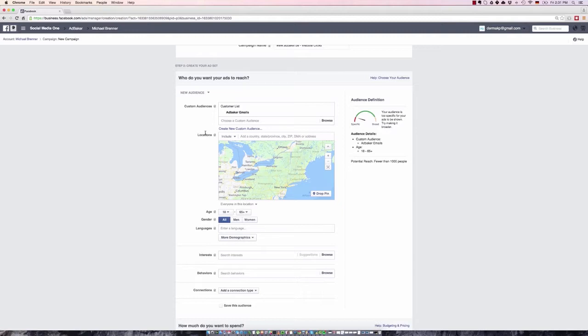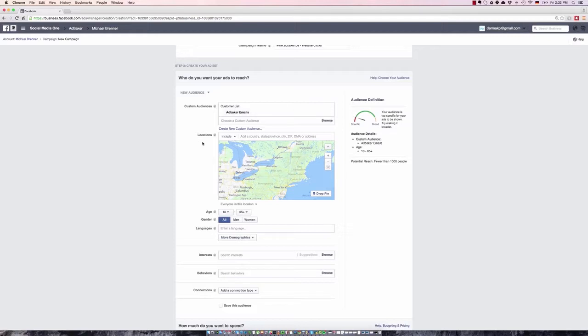So as you can see, there are a few more targeting options available. There's the locations targeting option, age, gender, languages, more demographics, interests, behaviors, connections. The big question is, should you use them when you work with custom audiences? Well, if you decide to use custom audiences and you say, hey, I will just target my customers, your targeting has already reached a high level. In fact, you can't even get more laser targeted on Facebook than reaching your customers or people who have opted into your email list, right?